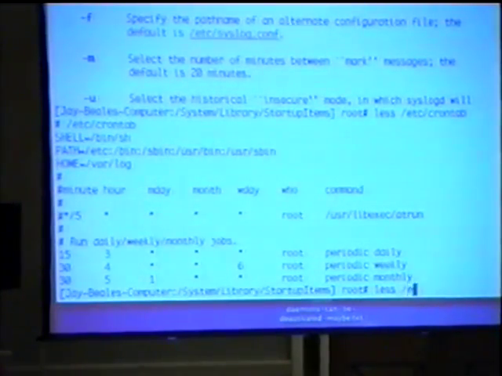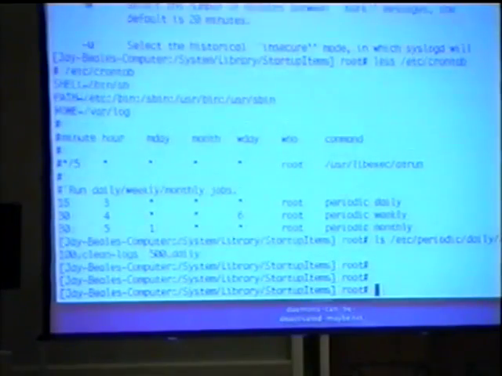What periodic does is it goes through all the scripts that are in /etc/periodic, say, daily, and runs them.